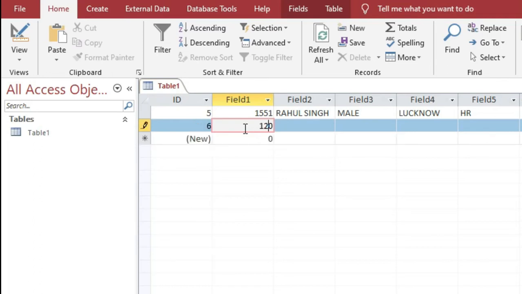Suppose 1252, then press tab key, then again tab, then again tab, okay, then again tab.